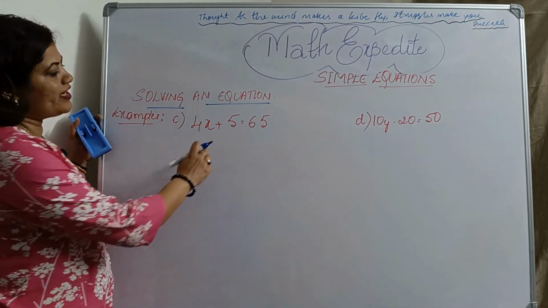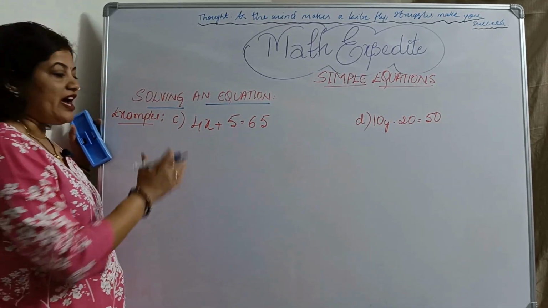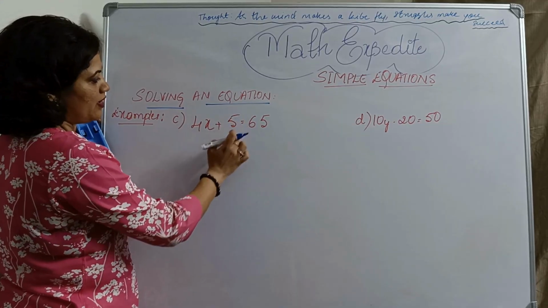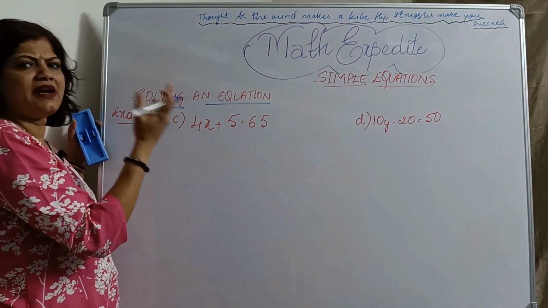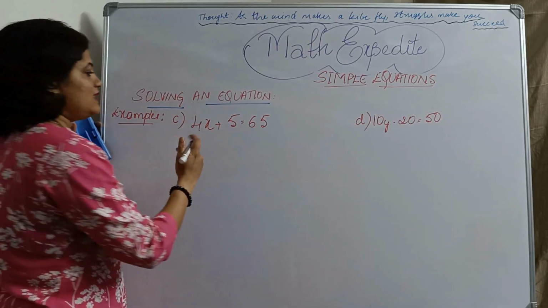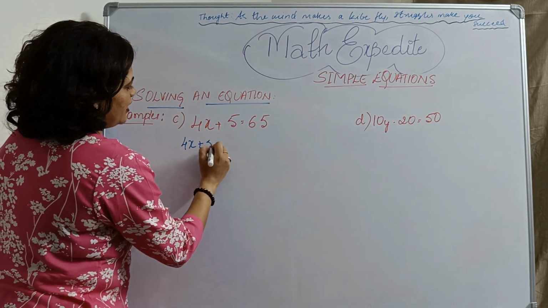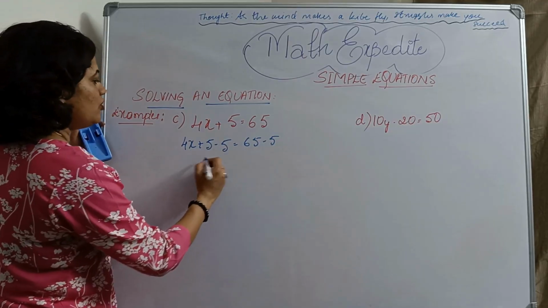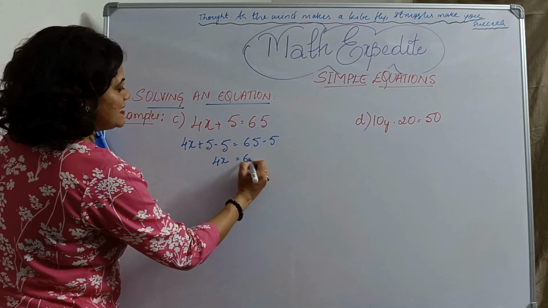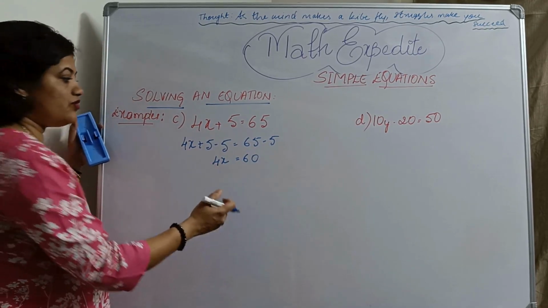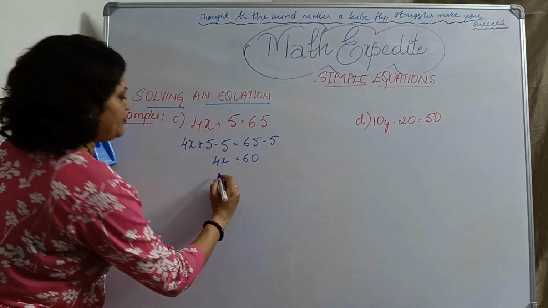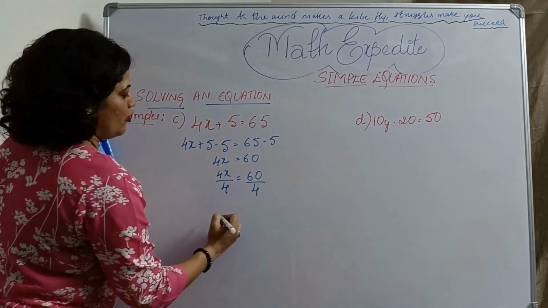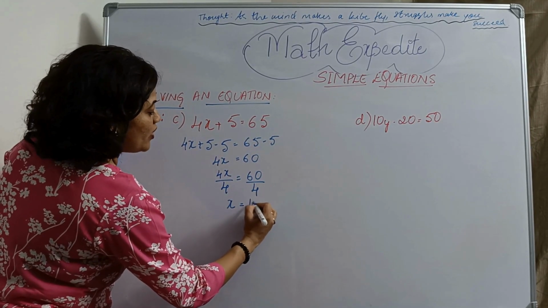Let's solve this one. 4x plus 5 equals 65. If I have to simplify further to get x, first let me solve this number. It is plus 5, so I will subtract 5 on both the sides. 4x plus 5 minus 5 equals 65 minus 5. So I will get 4x equals 60. Here I have to reduce further, so I will divide by 4. 4x divided by 4 equals 60 divided by 4. So x equals, 4 ones are 4, 4 fives are